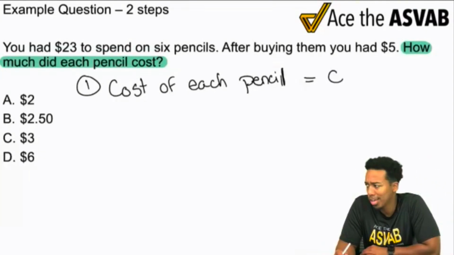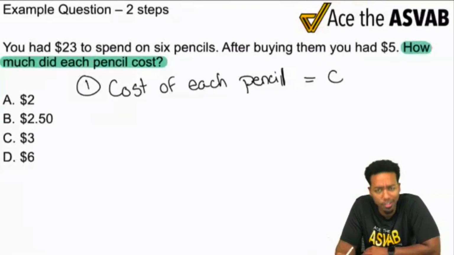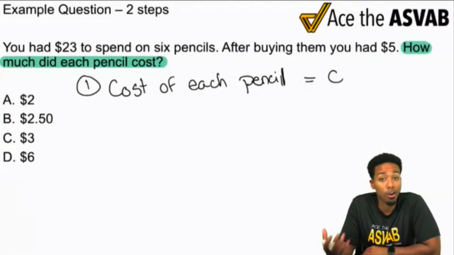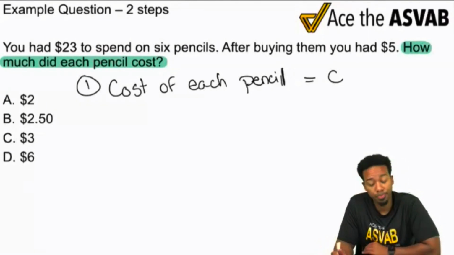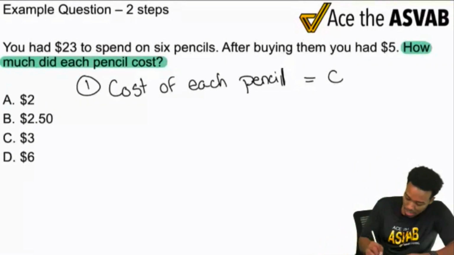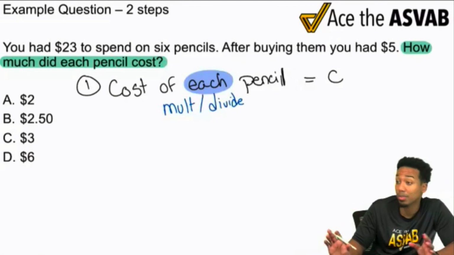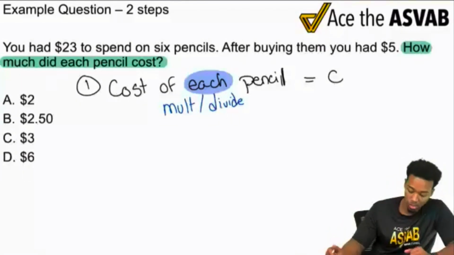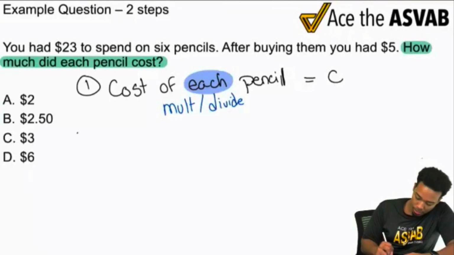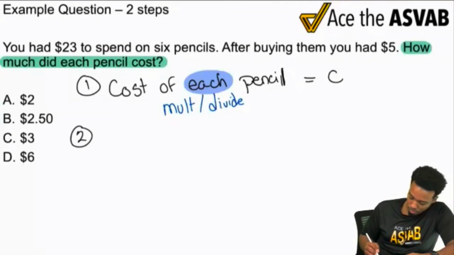All right. Sounds good. Cool. Big whoop. What do we do next? So what we're going to do next is we're going to stay calm, cool, and collected, and we're going to just collect our information. Knowing that, again, the word each tells us that we could be multiplying or dividing. We don't know. It really depends on what direction we want to go. It's up to us. So it says here, collecting the information to create the equation. You had